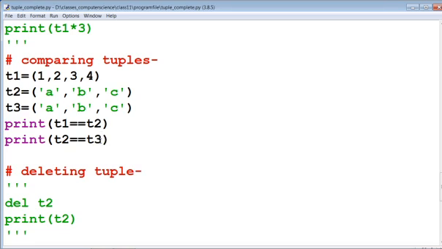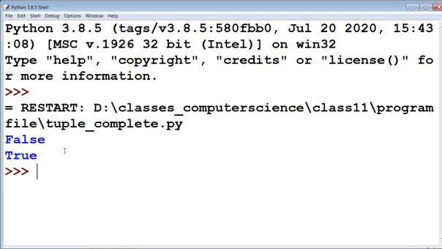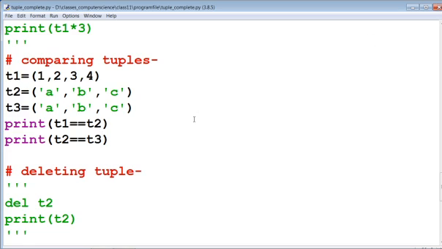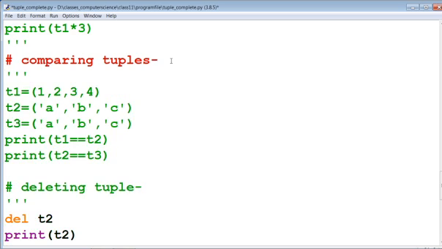Now check the output. First one is false. t1 is not equal to t2, but t2 is equal to t3 because the elements of tuples t2 and t3 are the same. So this is the way to compare two tuples in Python.